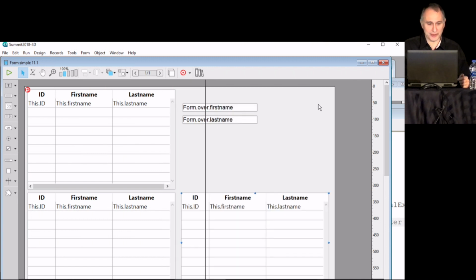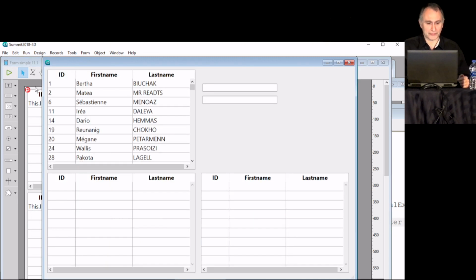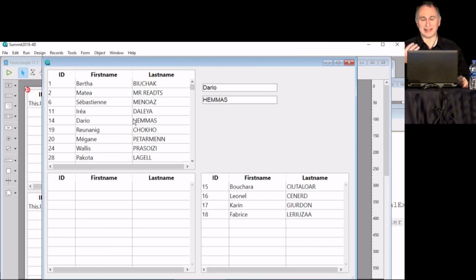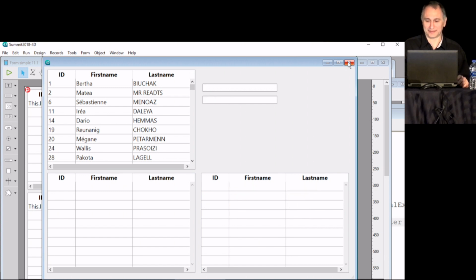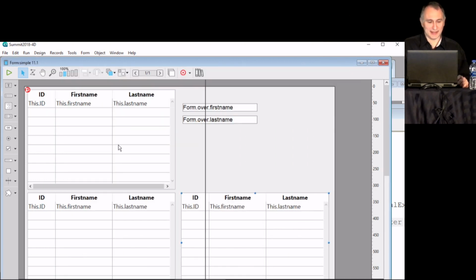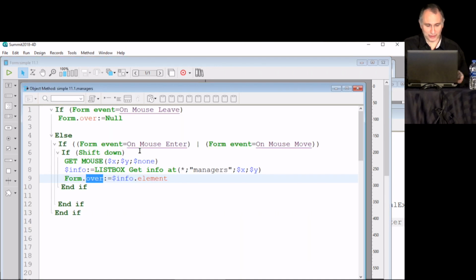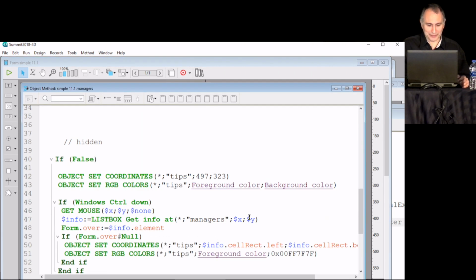So I'll show you this. So I don't press shift, nothing happens. I use shift, and they're being displayed in real time, you see, with only a few lines of code and so on. And of course, you could do even a bit nicer. Or, for example,